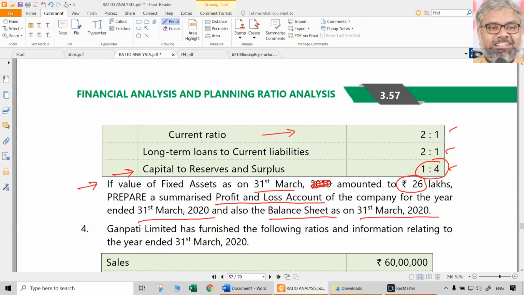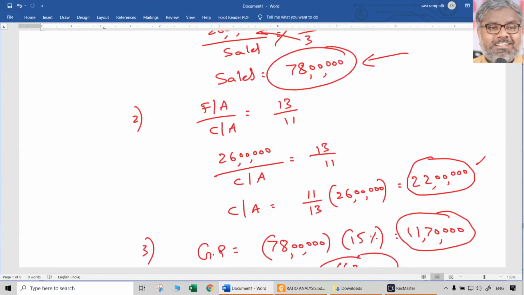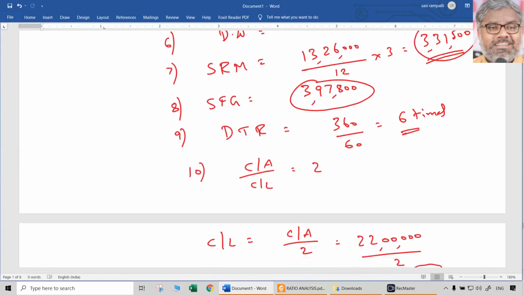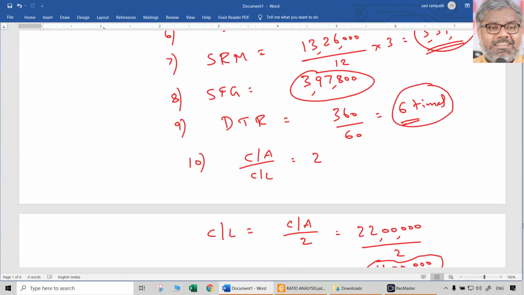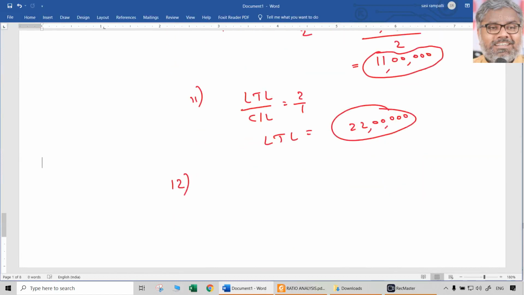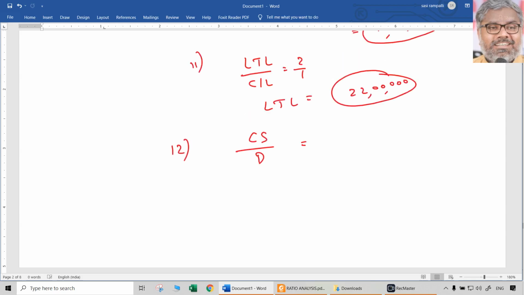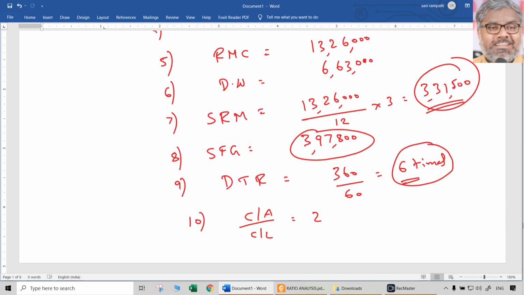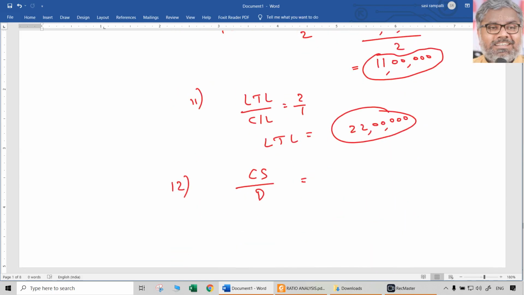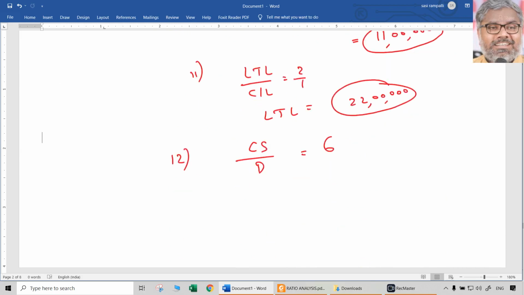First thing first, we can use debtors turnover ratio to find out debtors. We know debtors turnover ratio is 6 times. And what is the formula for debtors turnover ratio? Credit sales divided by average debtors. See, average is not possible, just debtors in this case, because only one balance sheet data is available. Credit sales by debtors is the debtors turnover ratio. We calculated that as 6 times, right?